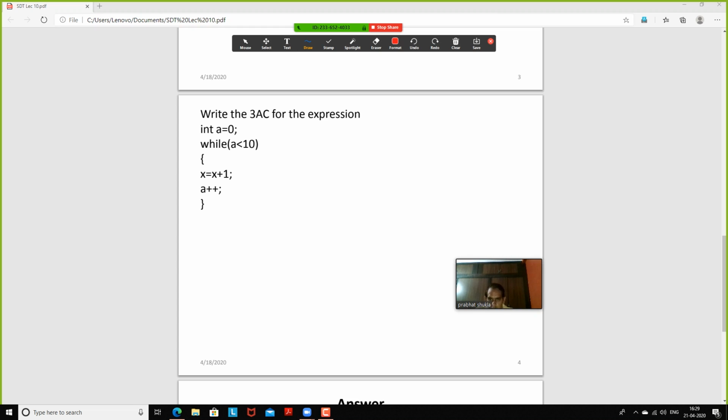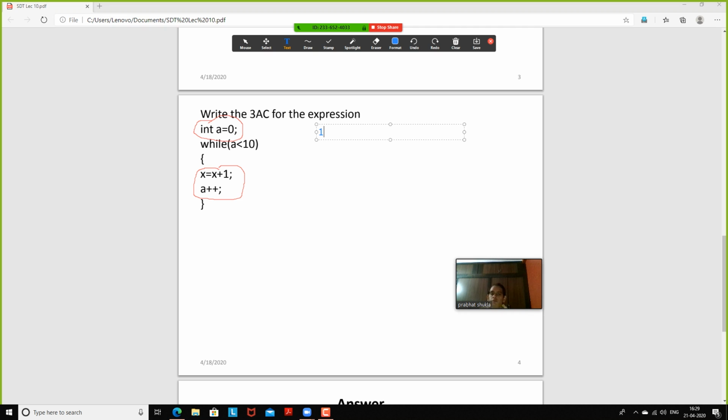You can see that this statement is an initialization of a variable, which was not present in my previous question, and here again a less than 10 is the condition. In this loop the body has two statements, whereas in the previous question only one statement was provided. So I am going to design the three address code for this.